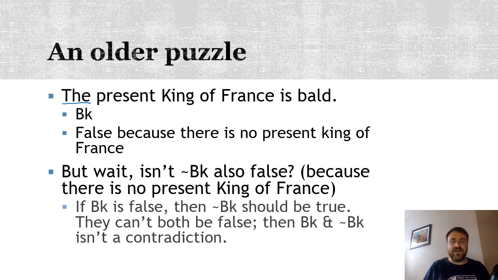That's weird. And so if BK is false, then its negation should be true, and they can't both be false, because then BK and not BK wouldn't be a contradiction, and of course that's a contradiction. So yeah, there's a problem here. We're doing something wrong with our definite descriptions in cases like this, where we're referring to things that don't exist,